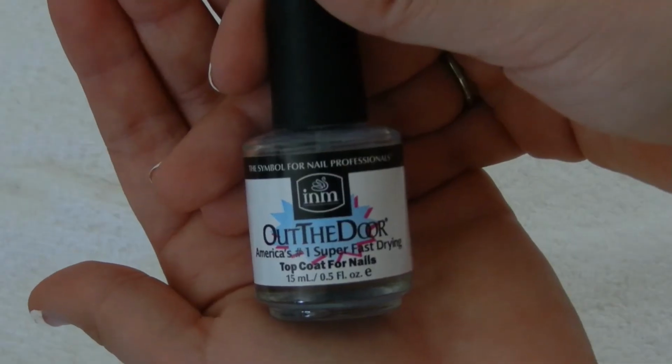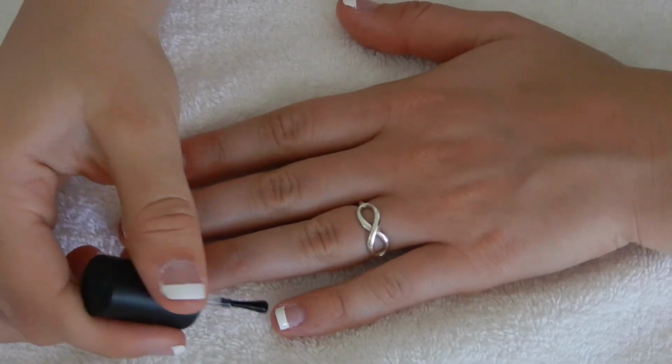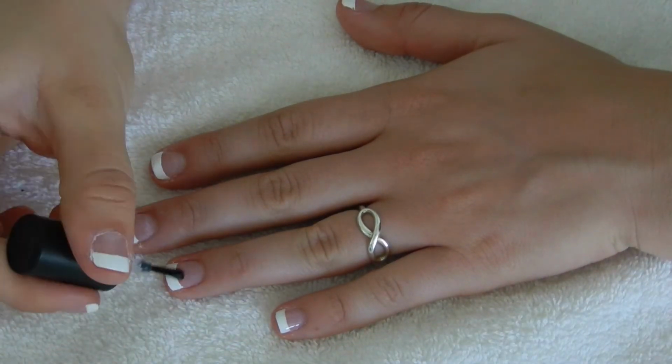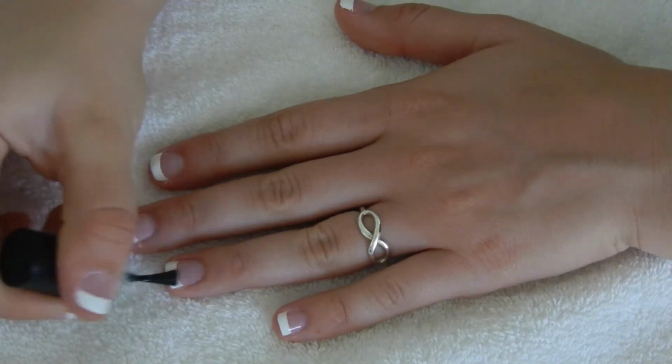Then I'm going in with the I&M Out the Door Super Fast Drying Top Coat. This is my absolute favorite top coat, and I'm just applying this all over the entire nail this time to all my nails. This is just going to seal in all that hard work you just did and ensure that